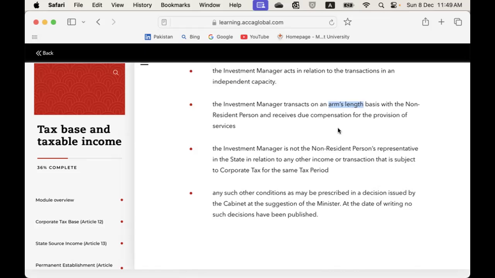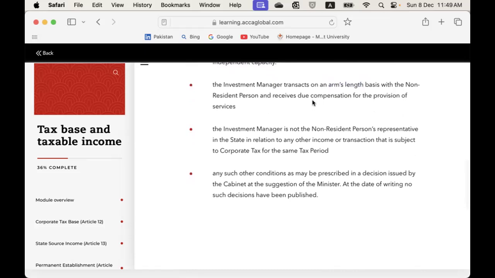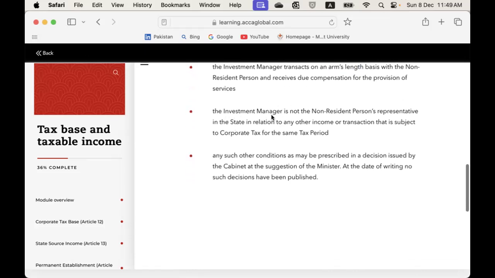and actually the majority of litigation conflicts for multinational enterprises between governments happen because of transfer pricing, not because of other stuff, but transfer pricing. And it is a very, very expensive affair when you have to engage lawyers to challenge the revenue authorities. So anyways, the investment manager transacts on an arm's length basis with the non-resident person and receives due compensation for the provision of service. The investment manager is not the non-resident person's representative in the state